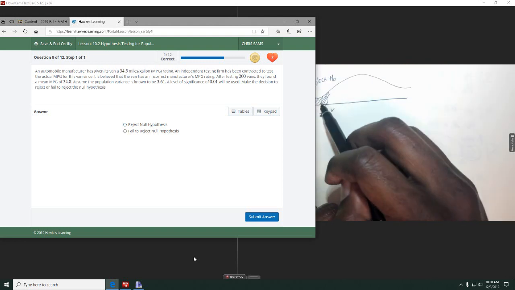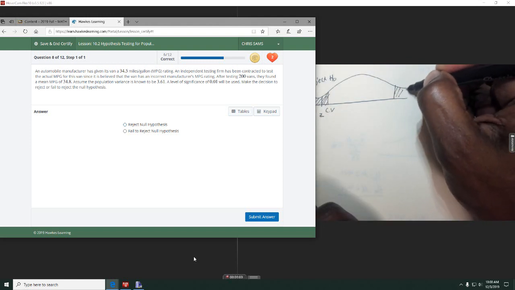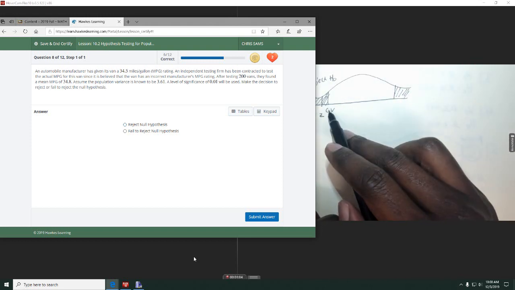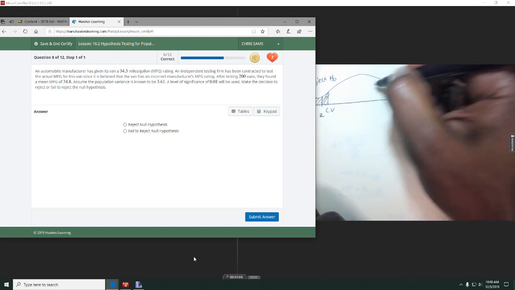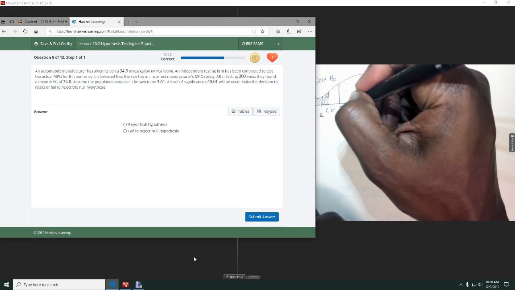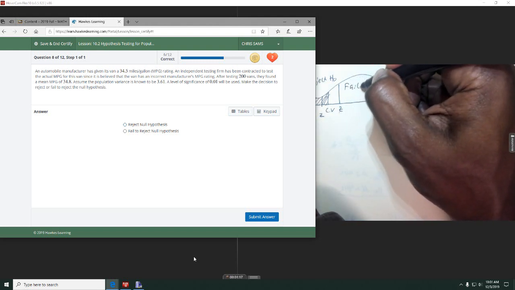So if it falls over here, if it's in the rejection area or on this side, same thing. If it falls past that cutoff point from that critical value, we reject H0. If it falls in between or outside of it, so if our critical value is here, then we fail to reject H0,